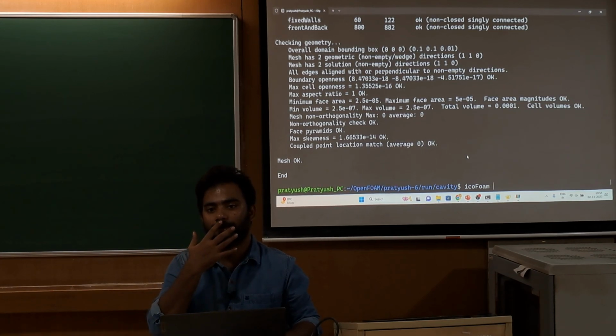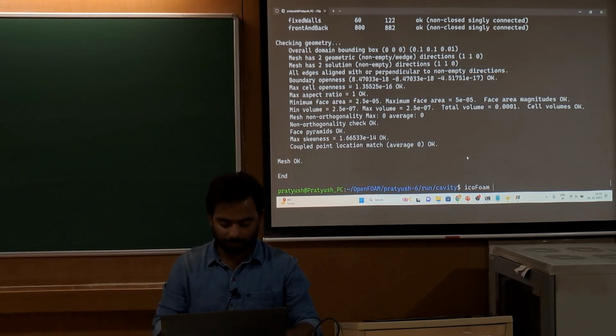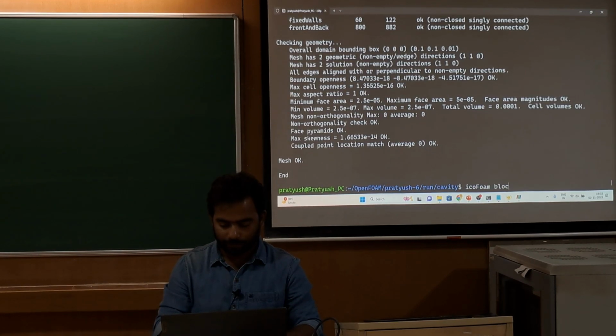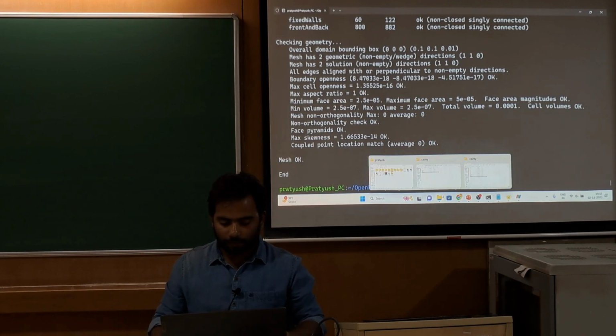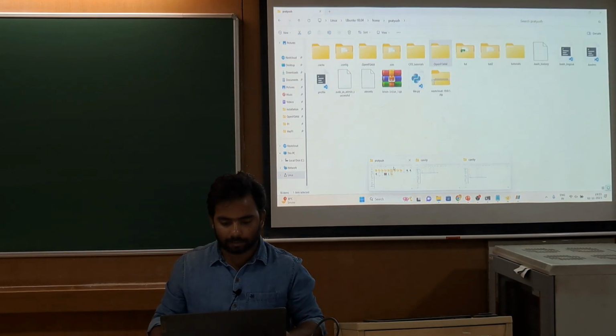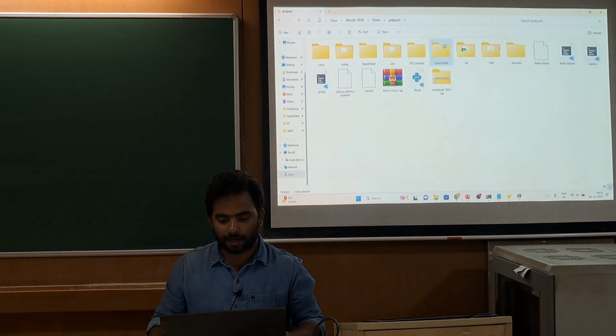What happened? Block mesh. See, if you are getting confused, I have already given a text file.